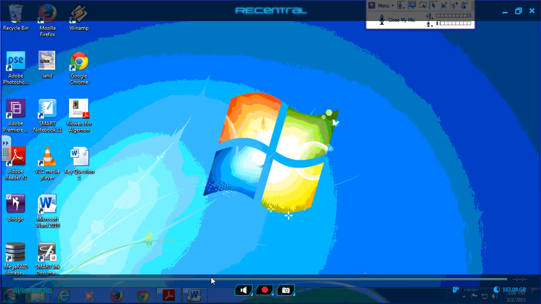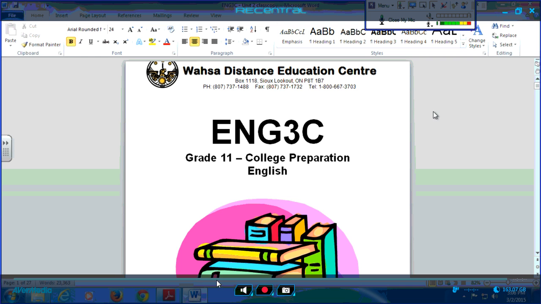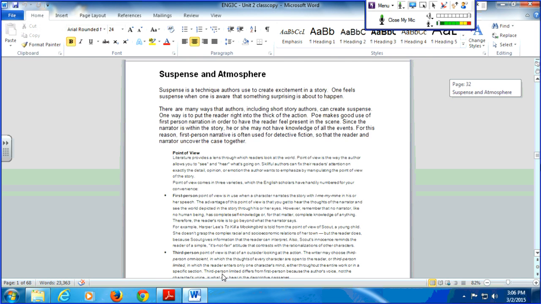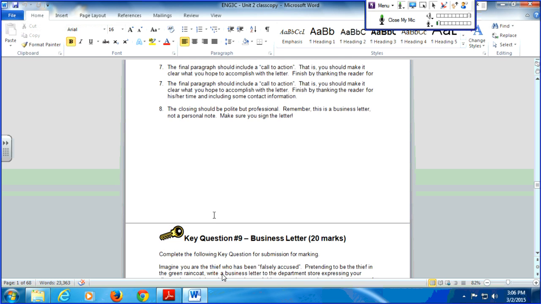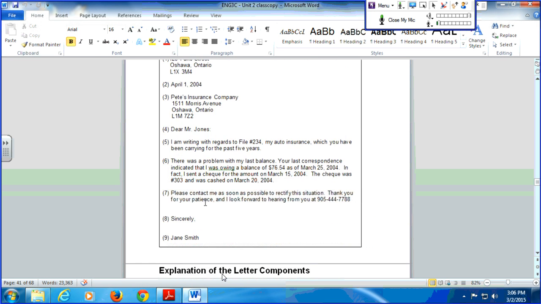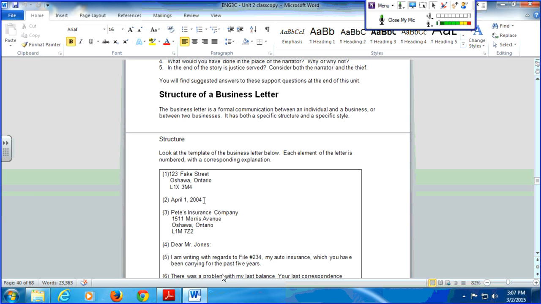So we're starting off where we left off yesterday. We're looking at page 40 of unit number 3, at the end of lesson number 8. We looked at the structure of a business letter at the end of class on Thursday. There's an example on page 41,